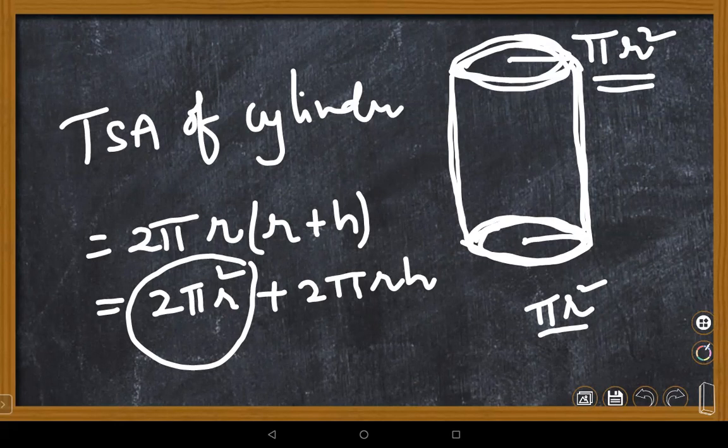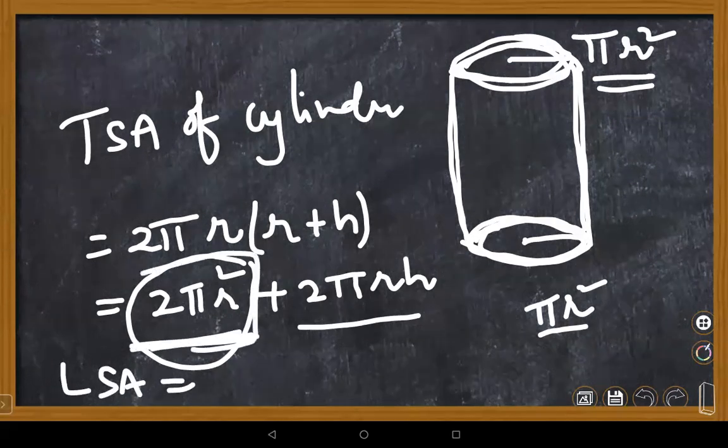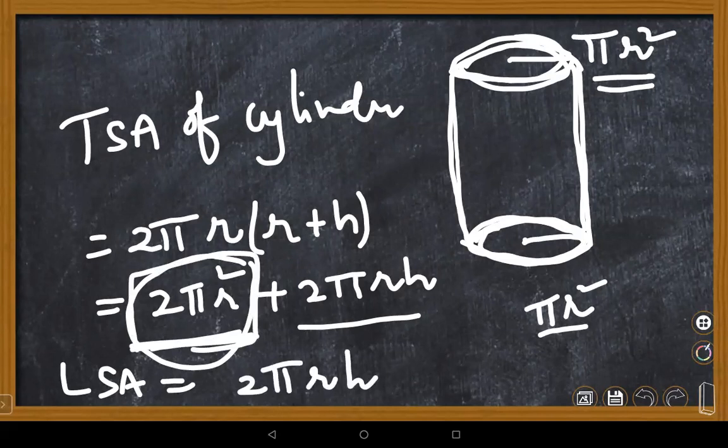So this is about your top and bottom circular regions. We know that the lateral surface area, LSA, is nothing but you just leave this circular region, children. LSA means 2 pi r h. That's all. Now you understand, Sahu? Yes, ma'am. Only this part is LSA, Nana. This curved part is LSA. If you include the curved region and the circular regions, you will get the TSA of the cylinder. That's all.